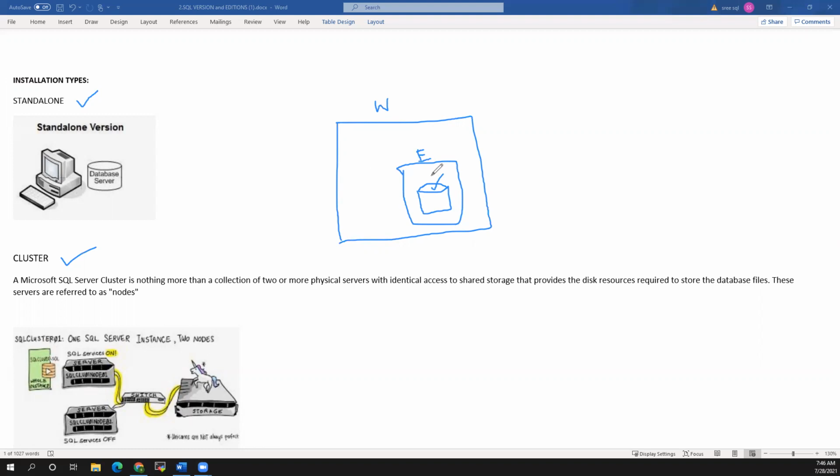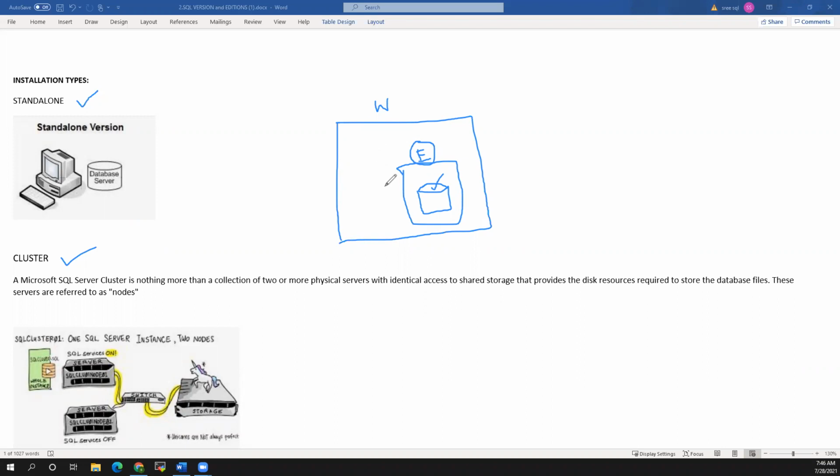You install SQL Server, and the SQL Server files and database files are residing on this drive, on the same Windows box. This model we call the standalone model. So if something goes wrong with the E drive and it gets corrupted, what will happen?